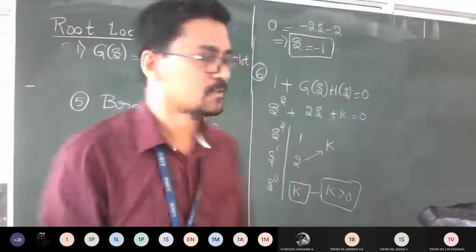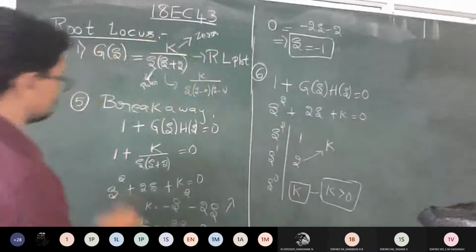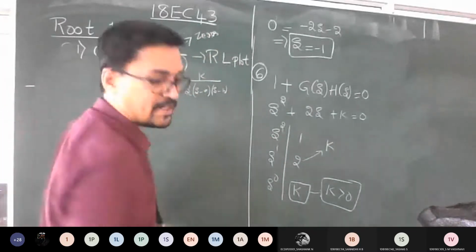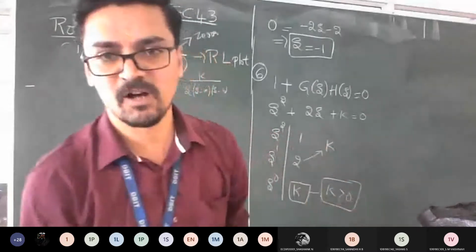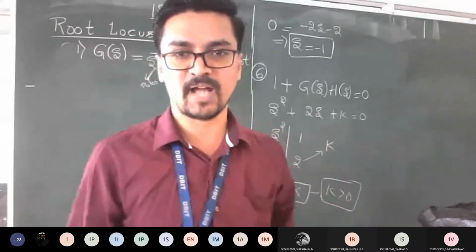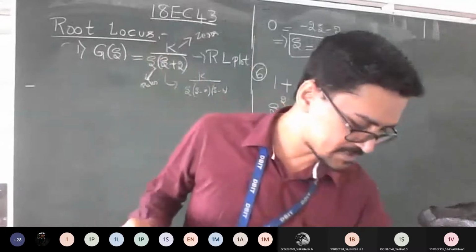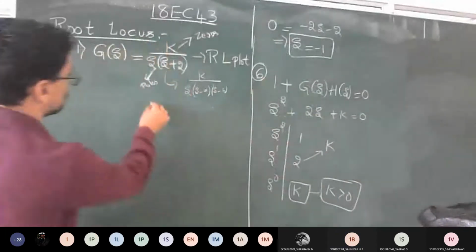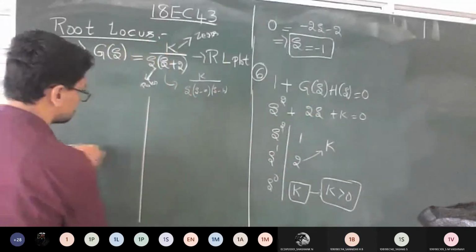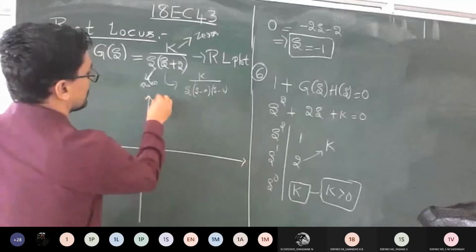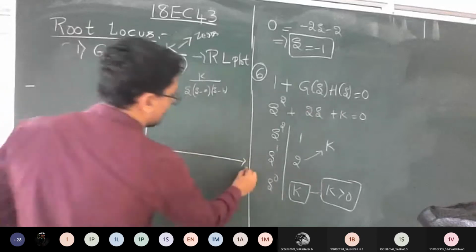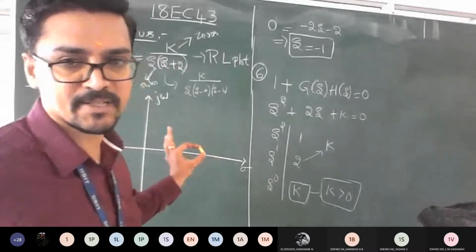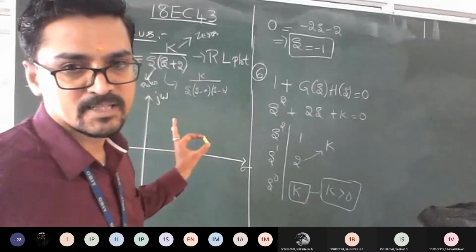Good. So now let me teach you how to plot a sketch. If anybody has doubts till here, you can ask. The same procedure repeats for all problems, only the variations with respect to your answers. Apart from that, you can expect the same thing here. Let me change the color and plot. We are going to plot a root locus on the S plane. Y-axis, name it properly, j omega, x-axis sigma. This plot, you're supposed to do in a graph sheet. Is it clear? Shall we proceed?